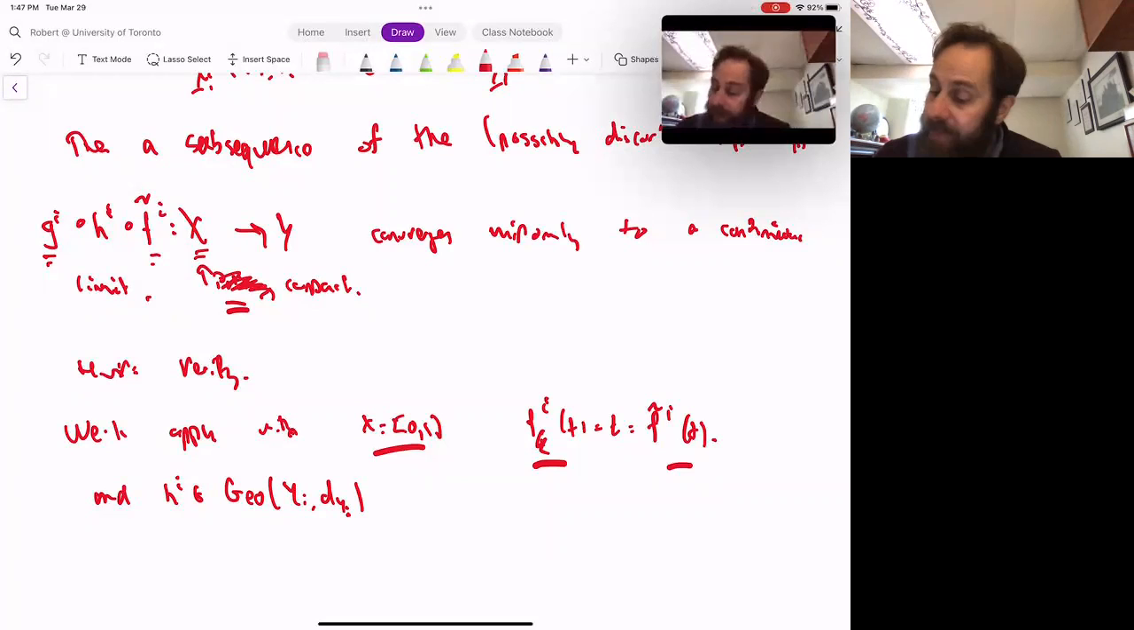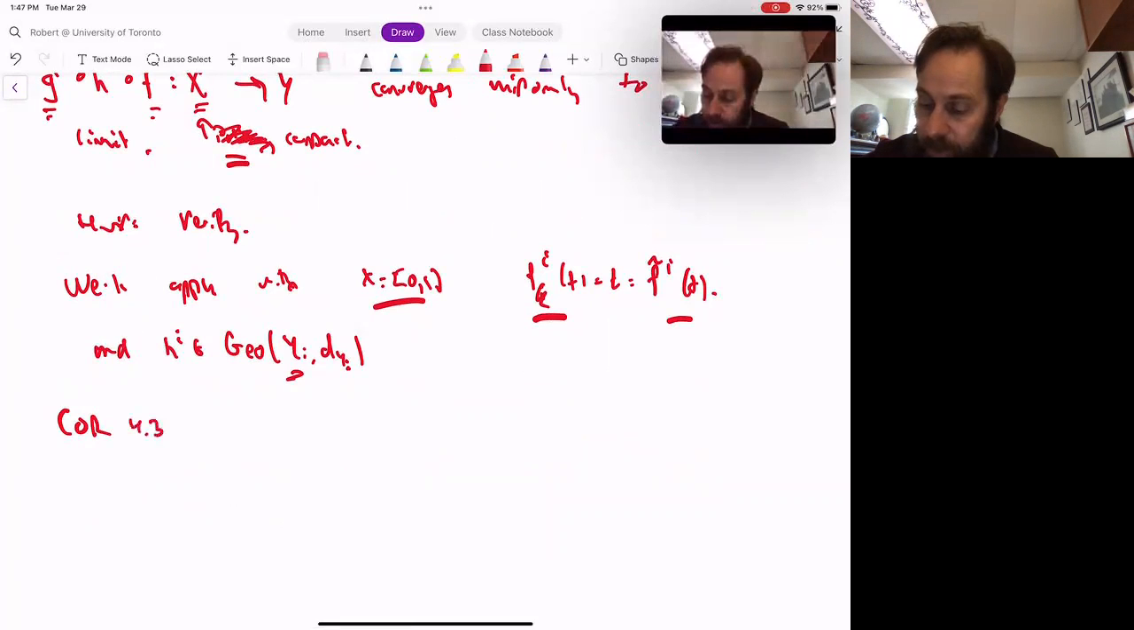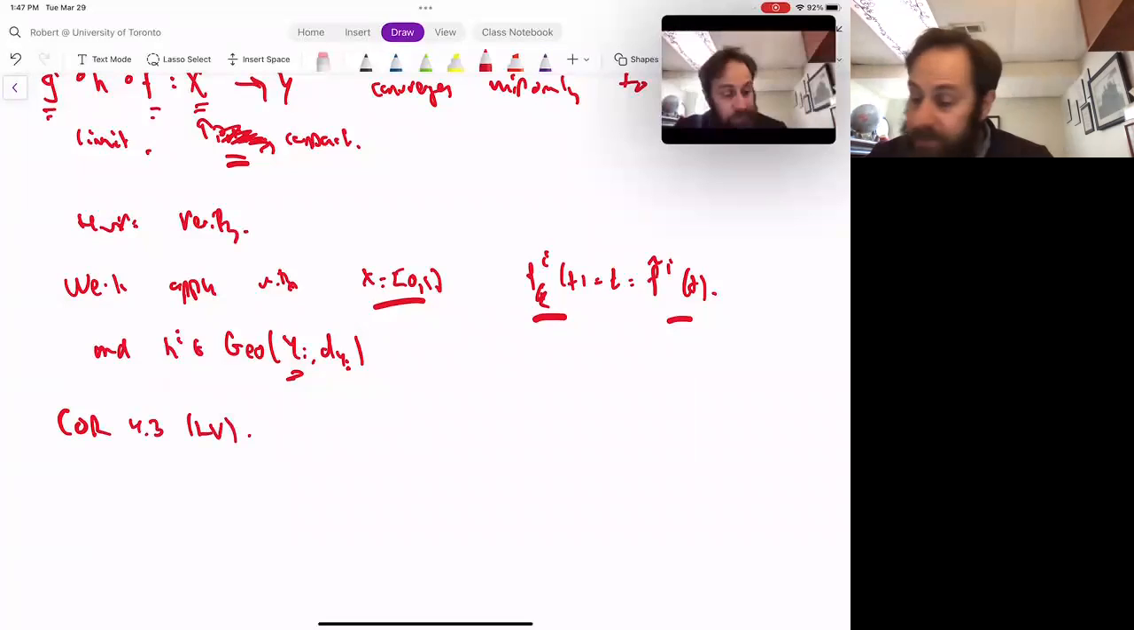And I want to get that when I have a sequence of geodesics in a sequence of spaces that are Gromov-Hausdorff converging to a limiting space Y, then the sequence of geodesics converges to a limiting geodesic. So the corollary that I want to get, which is I think 4.3 of Lott and Villani's paper, is that